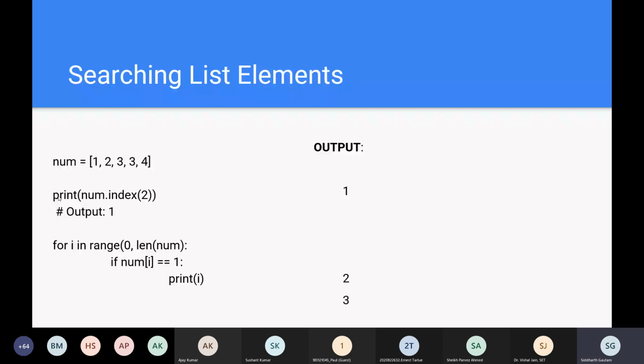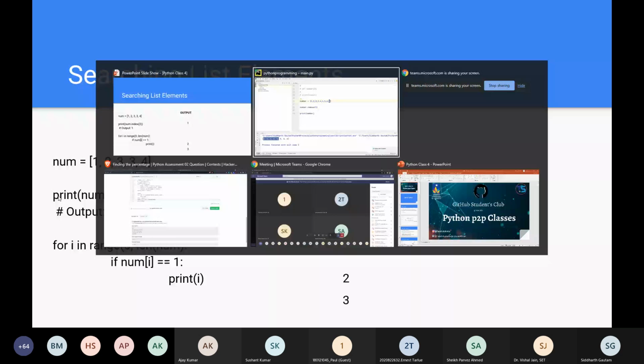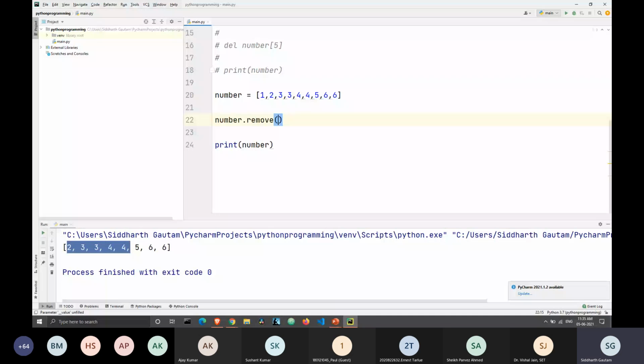Here we have two 3s, and we remove this, and you can see we still have one 3 remaining, which means one of these 3s has been removed. Since the remove function goes from left to right, the 3 which comes first has been removed. But if you want to remove both of those, you will have to run this command two times. Okay.